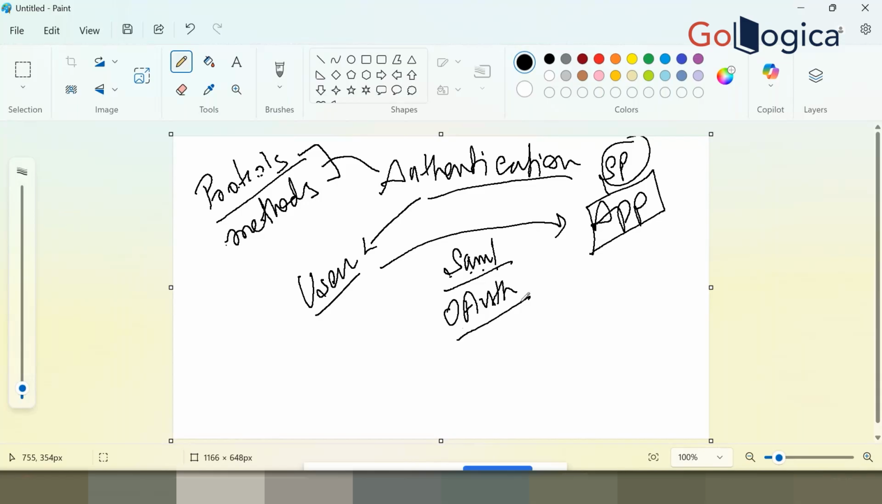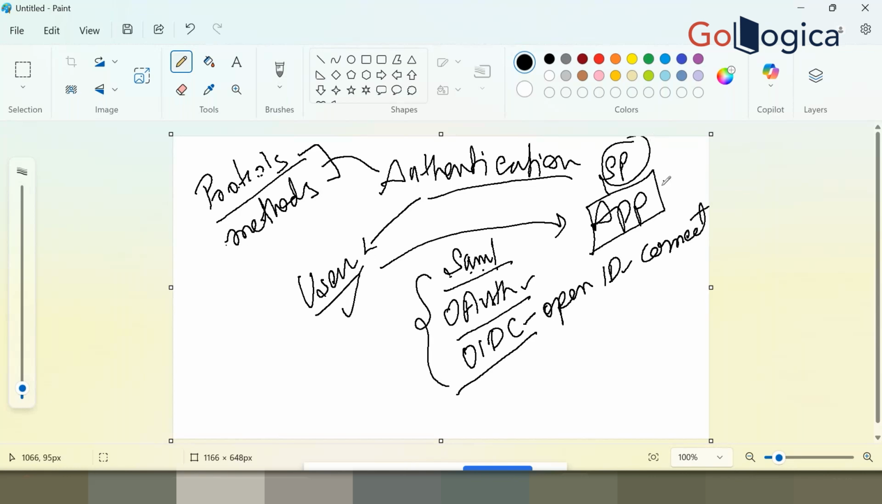OAuth, which means another authorization method. OIDC, OpenID Connect. We call it OpenID Connect. Okay, these three are the methods through which a user is going to connect with all those applications with the authentication